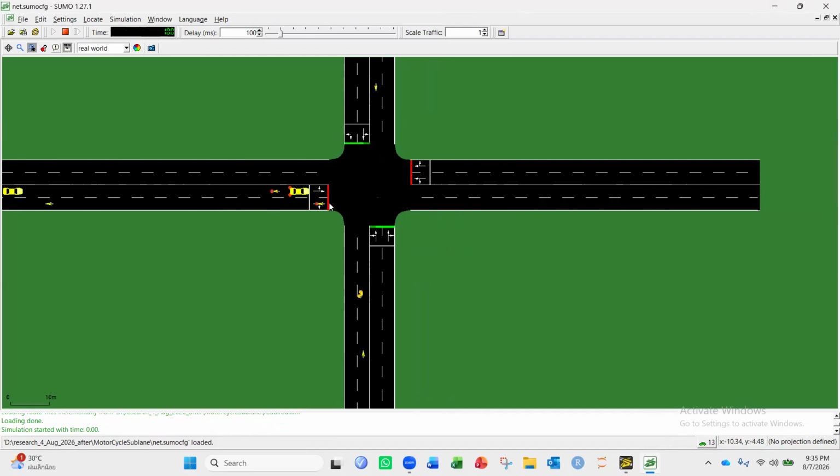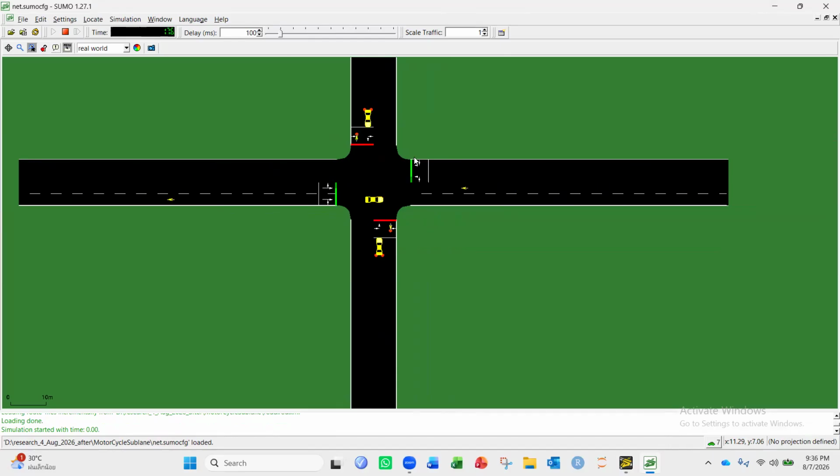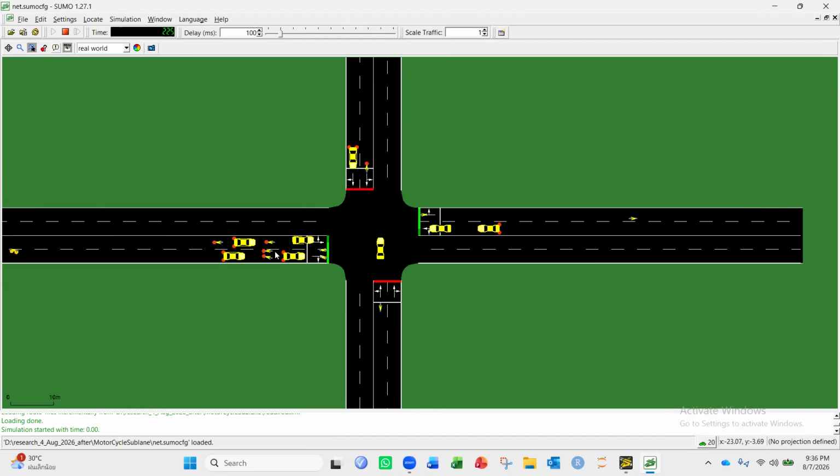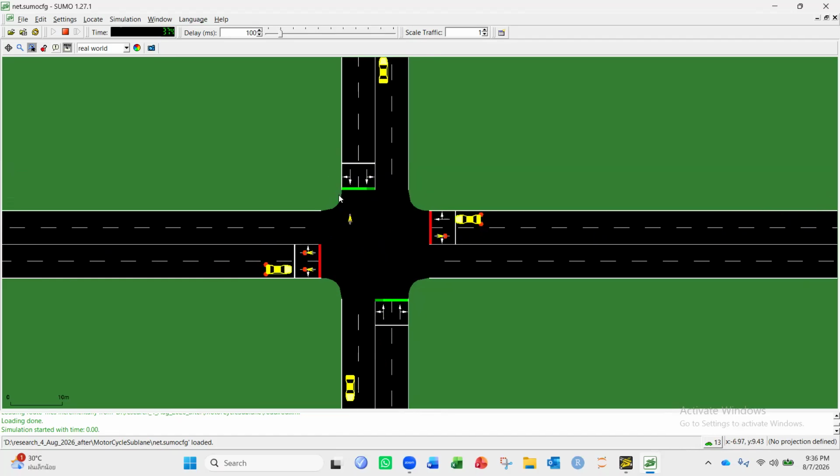We can see that the motorcycles are actually moving in between two lanes, and also motorcycles are queuing just ahead of cars in the intersection. We can see this property. So this is all about it. I am showing two properties here. One is motorcycle filtering, with sublane behavior, motorcycles occupying multiple lanes, and the other is motorcycles doing queue jumping. We can see the queue jumping here. If we look at the intersection, we can see the motorcycles behaving like a real world scenario. So that's all I want to show here.